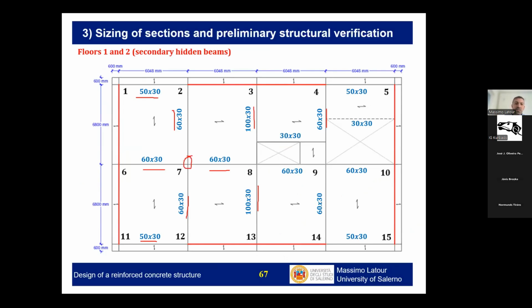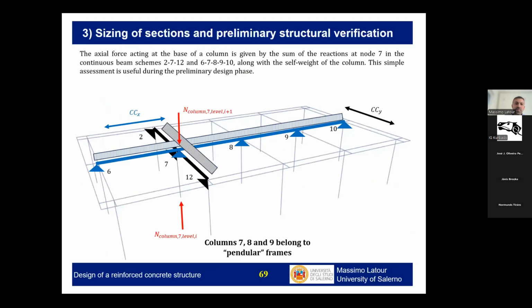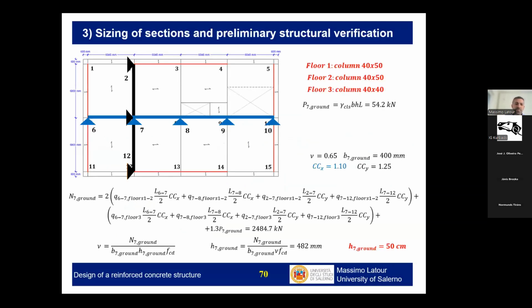We still have to design these columns, so columns 7, 8, and 9. This is the second story. For the design of the internal columns, we do as you do in gravity conditions. Basically, we take the actions coming from the beams applied on the column and estimate the load. Once we have estimated the load, we just have to design the column cross-section. So we fix one dimension to find the other. For example, here we fix the width to 40 centimeters to find the height, which is 50 centimeters,